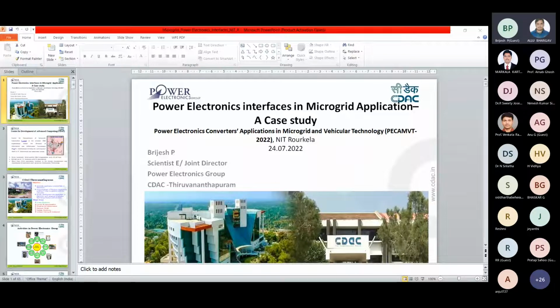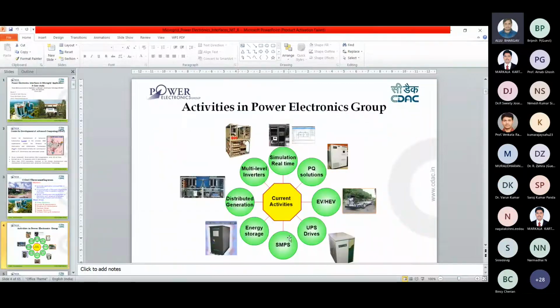Sir, can you make it full screen, sir? Is it not full screen? No, sir, it's not full screen. It's still in the presentation slides only. So please click on the slideshow, sir. In the bottom, you can see that. Actually, it is in slideshow only on my PC.